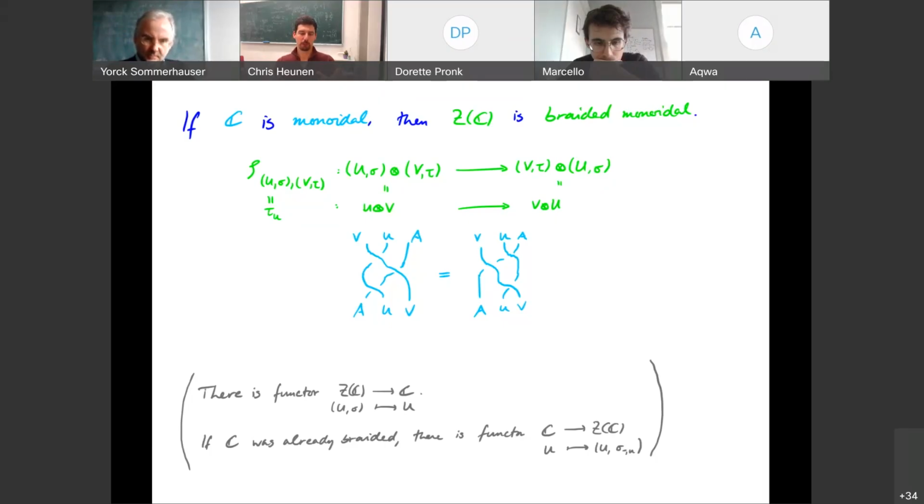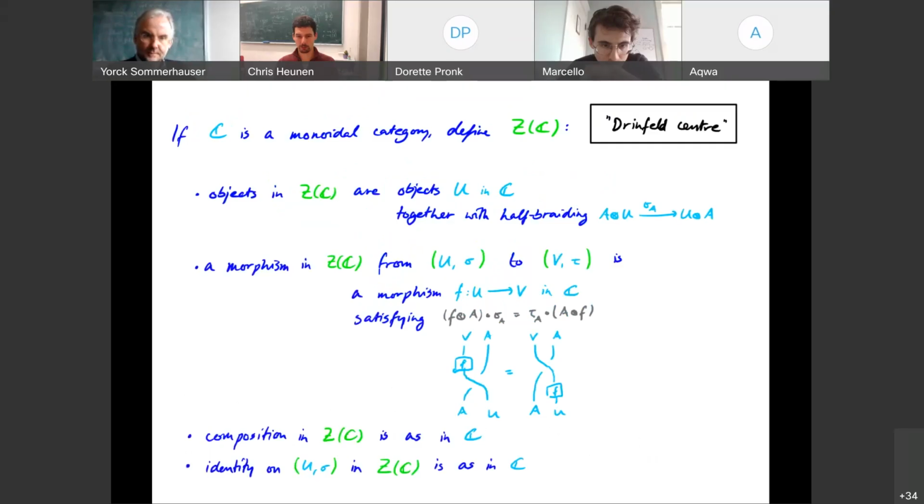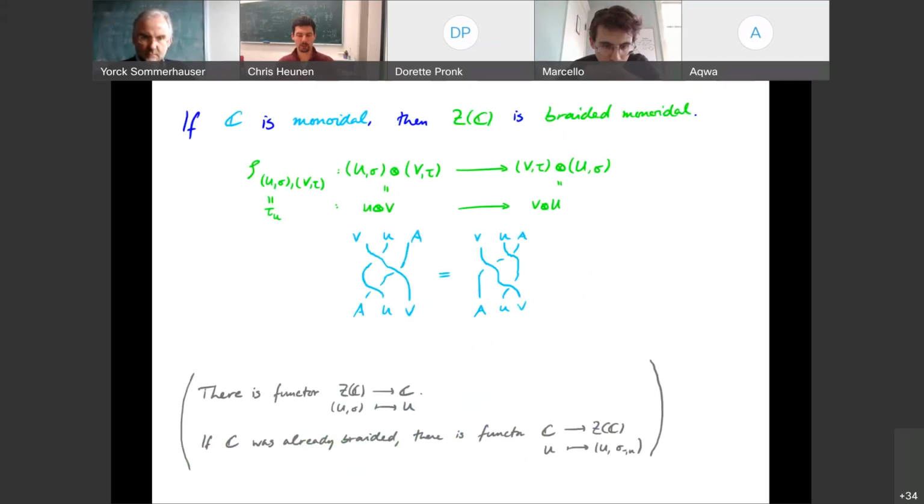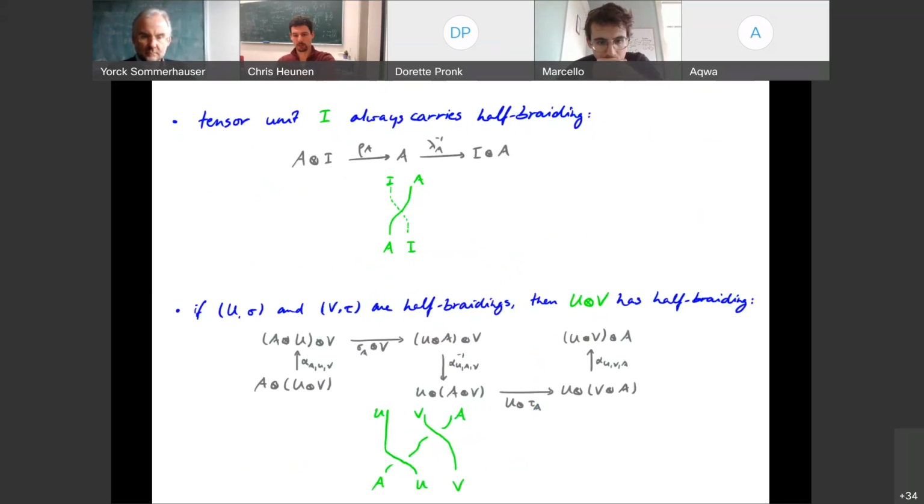So I need to make a morphism in the new category from the tensor product of these two things to the tensor product the other way around. Now the tensor product of these two things, by definition, is I take the tensor product of the objects U and V. So I need to find a map from U tensor V to V tensor U. And it needs to satisfy, because that was the definition of morphism, this turquoise picture: that first doing F on the object and then swapping is the same as the other way around. But now the swapping on the object is a fairly involved thing, because the object is U tensor V. So the swapping is this green picture on the bottom here that we constructed.